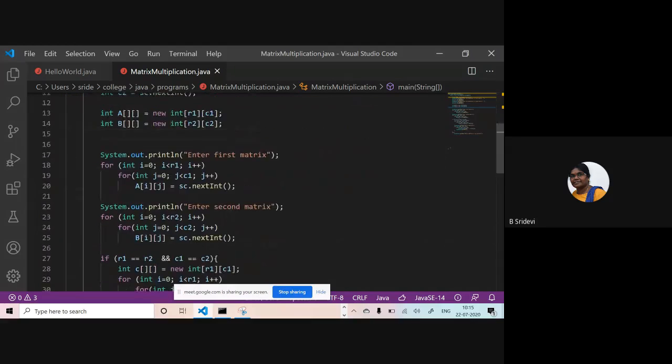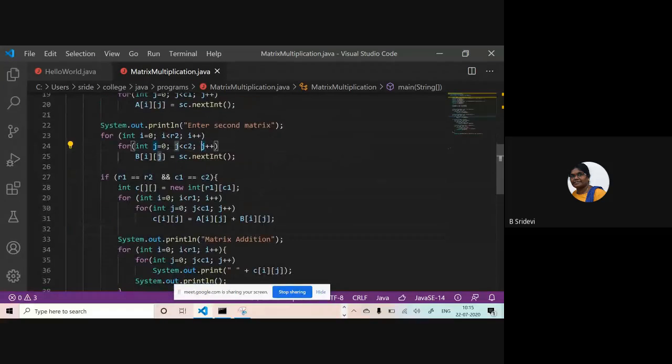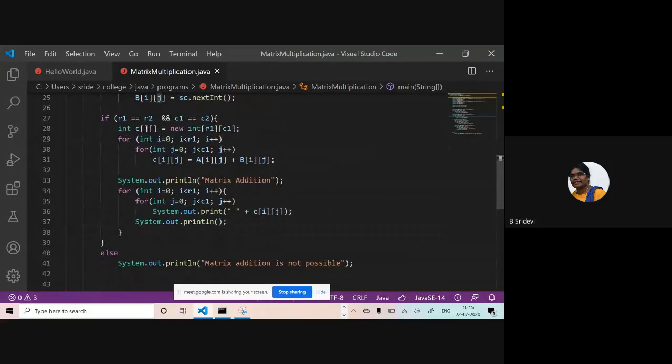See this here. I'm reading one matrix. Again, I'm reading one more matrix here. That means reading is happening twice. I am repeating the same block again and again. And see this. I'm printing something. If I do matrix addition, subtraction, and multiplication in a single program, I will print this 3 times.